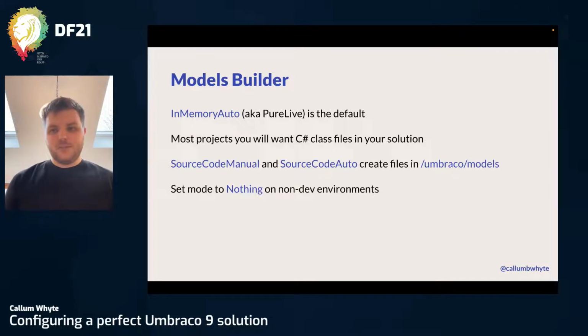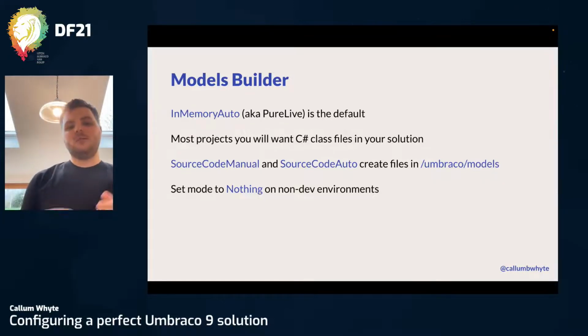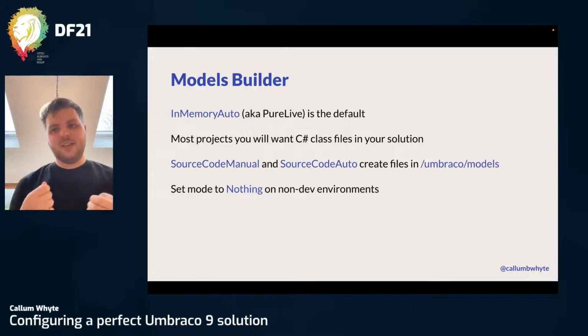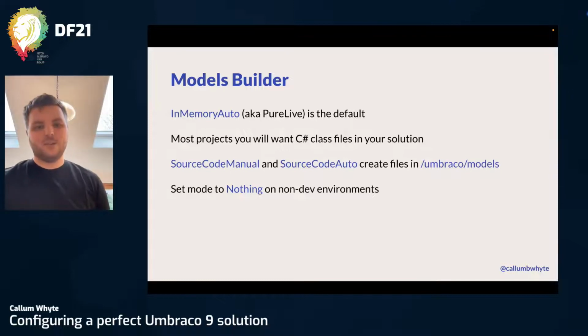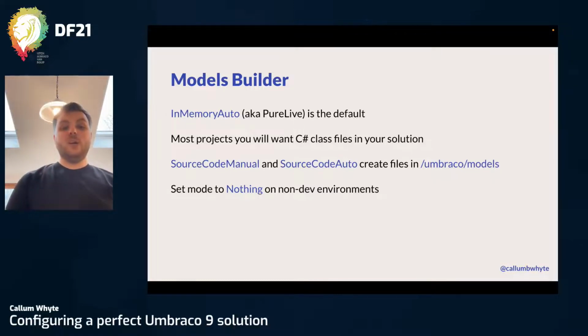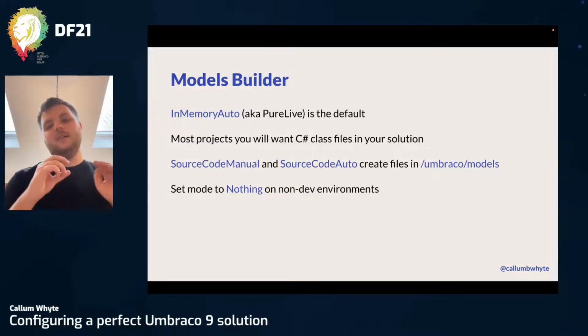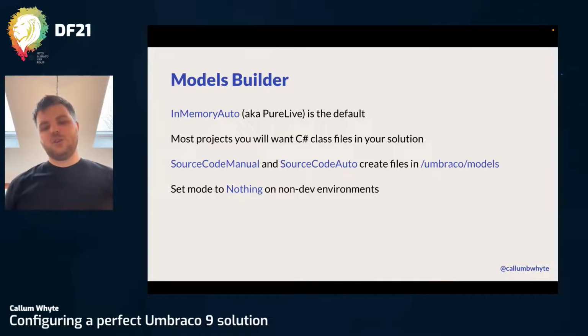Most people, I would have guessed, working with Umbraco will want C# classes and class files that they can actually interact with directly in their repositories. So we use source code auto as our default option, and we set that in our appsettings.json file as the default. Source code auto in every single use case. Also, before,